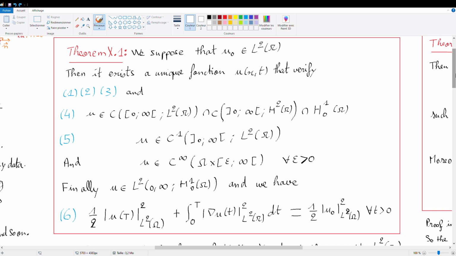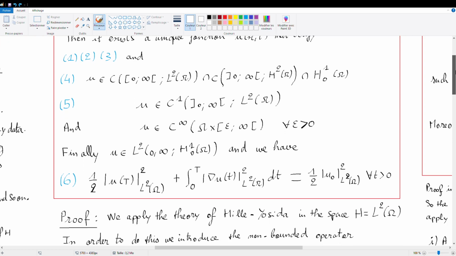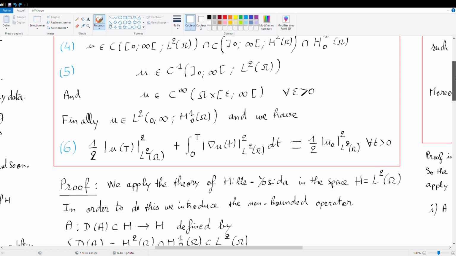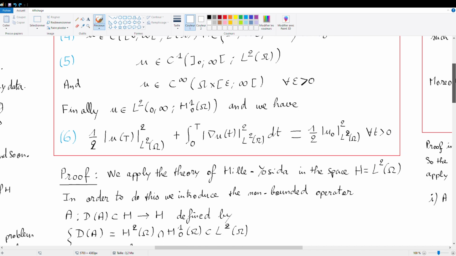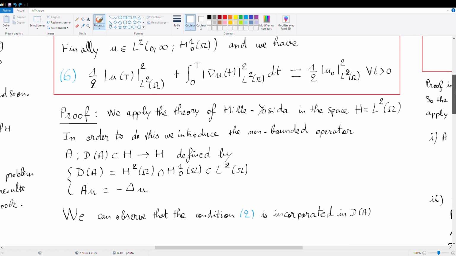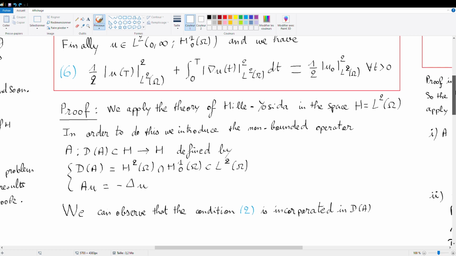What does it mean? It means that u is in C1 with respect to the time variable t when x is fixed. On the contrary, u is in L2 of omega when the time variable is fixed, when we're looking at the x variables only. Finally, u will be also in L2 of 0 infinity and H1_0 of omega, and we have the sixth condition too. The proof: we apply the theory of Hille-Yosida in the space H equal to